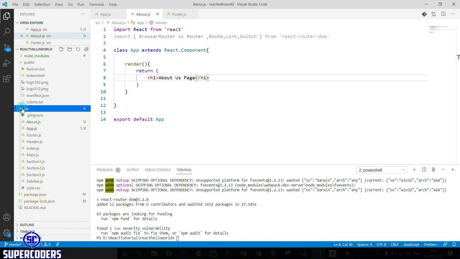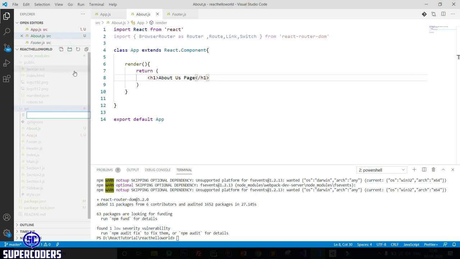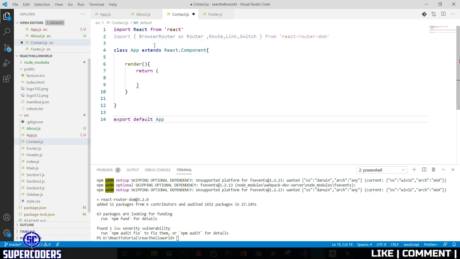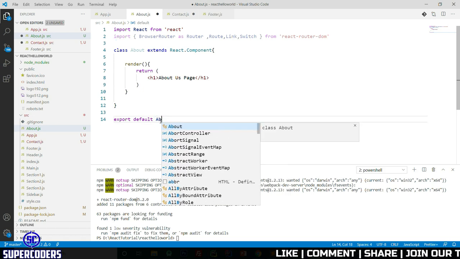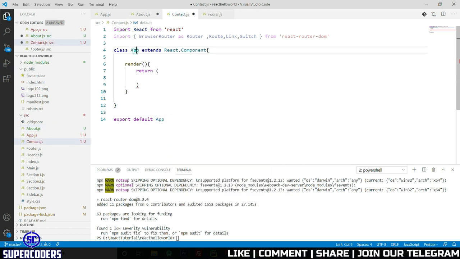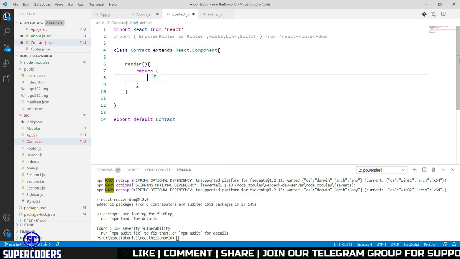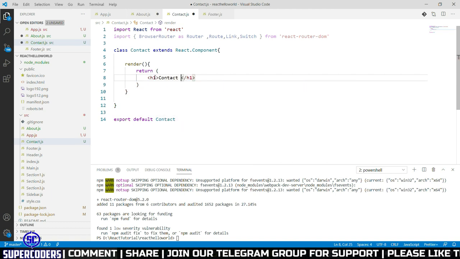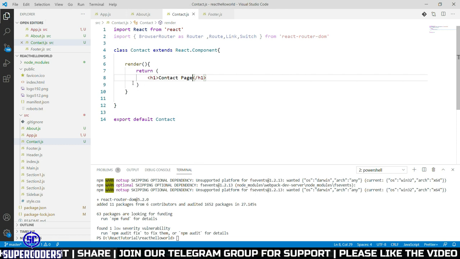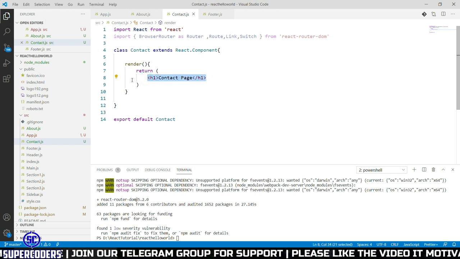So here contact.js, paste again, change about to contact, h1 contact page. Also remember this, in React this is not HTML or a string. This is known as JSX.